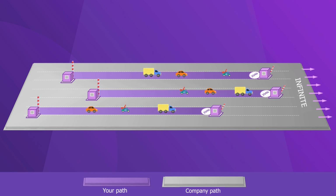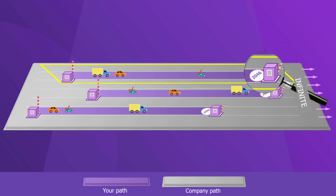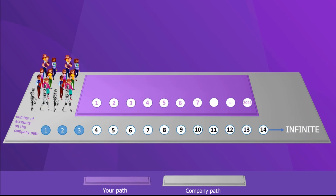company road. As new registrations take place within the company, the newly created accounts are placed within the company path, and thus within your unique path. These vehicles you see represent company accounts. Let's now zoom in on your path within the company path, and see in more detail how 2046 accounts are positioned